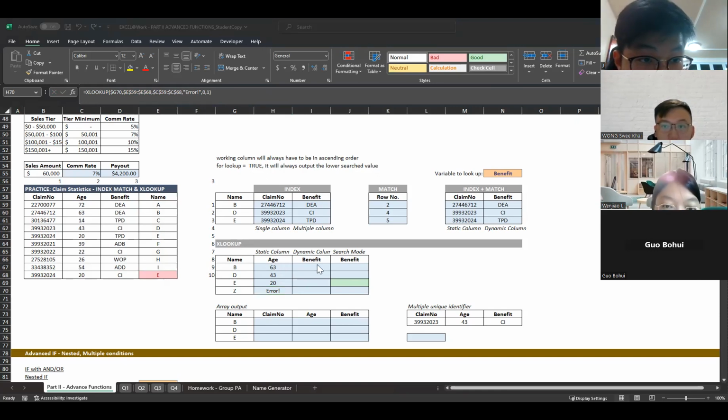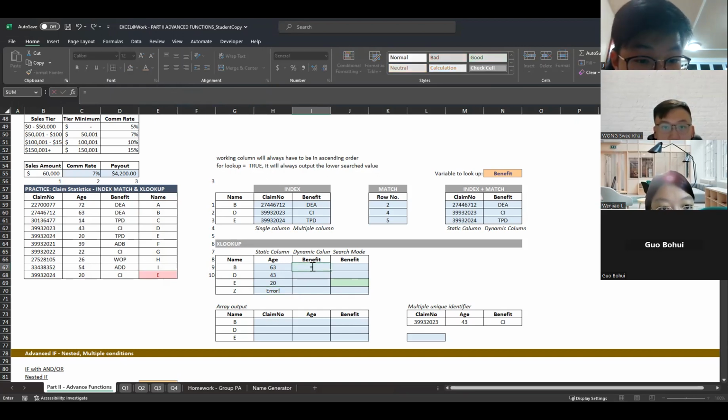Then for benefit, maybe let's change this to be a little bit more dynamic again. So XLOOKUP, I can do an equal XLOOKUP, then again this one, G. And I want to highlight this column again, because this is what I need to look for.